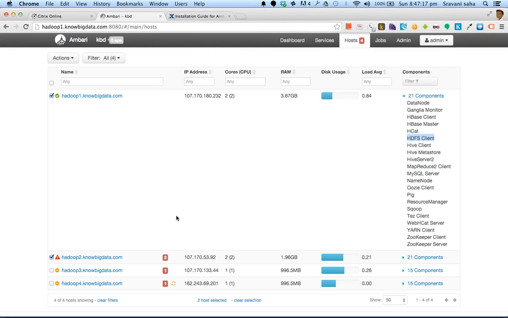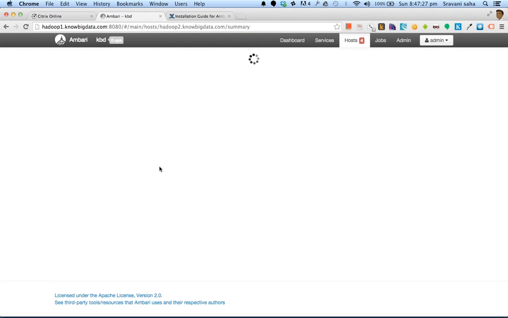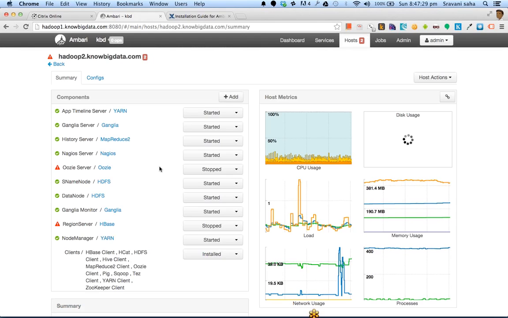All right. Now all the services are up on Hadoop one. That's why it shows a nice tick mark. And whenever you are installing your data center,